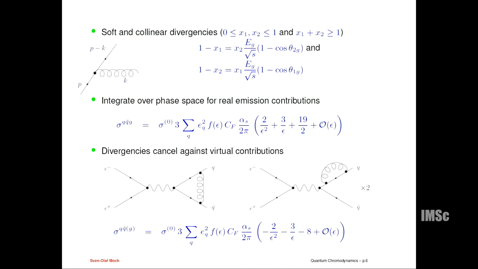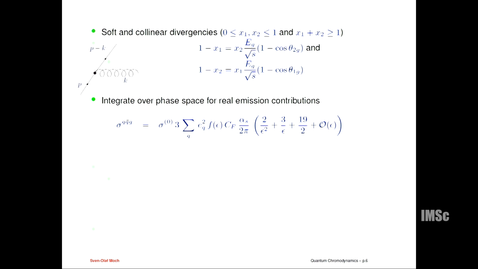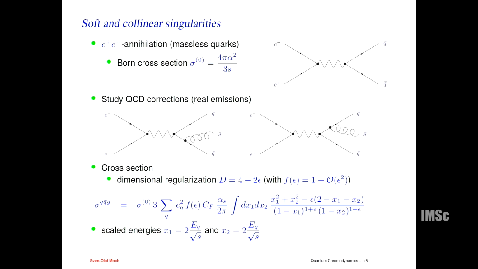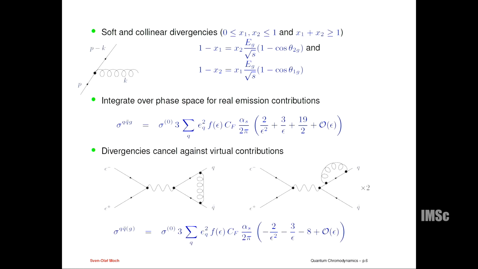Yeah. Now you go to the virtual diagrams. And so the one loop virtual diagram has gs times gs. This is power of alpha s. And then you have to square this with the Born contribution, which has no alpha s. So this times the Born comes in at the same order of alpha s. Now we have to do this loop diagram here. And we have to do this loop diagram. It's a simple one loop diagram. And if we do this,